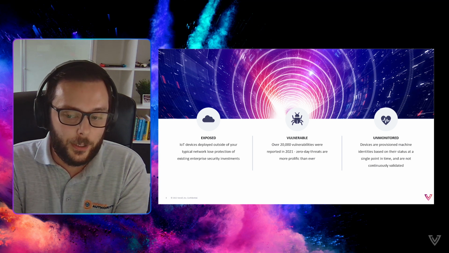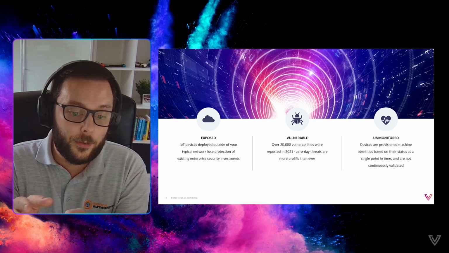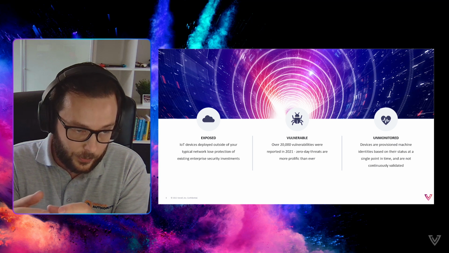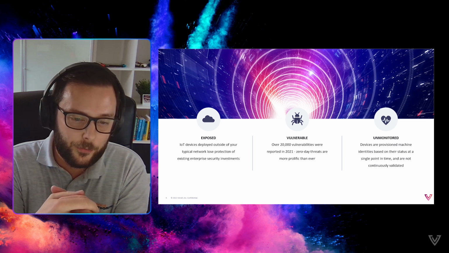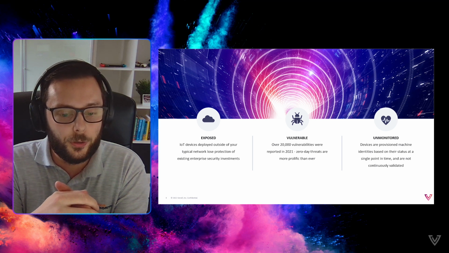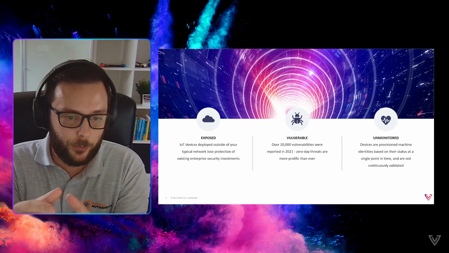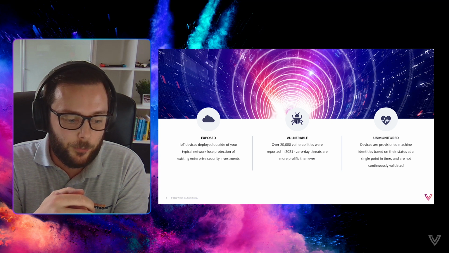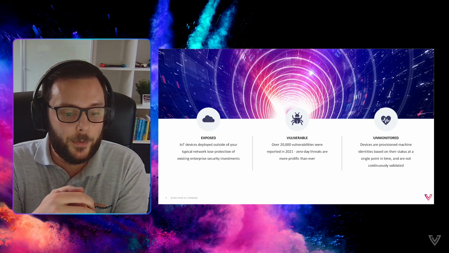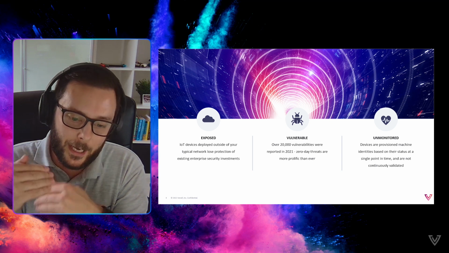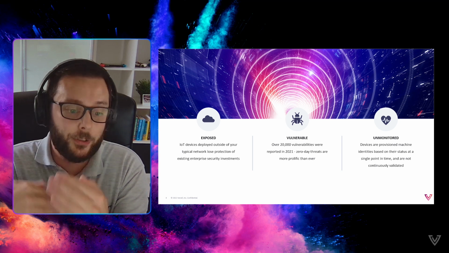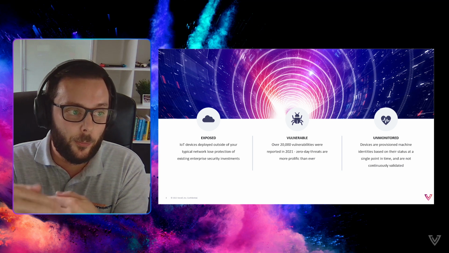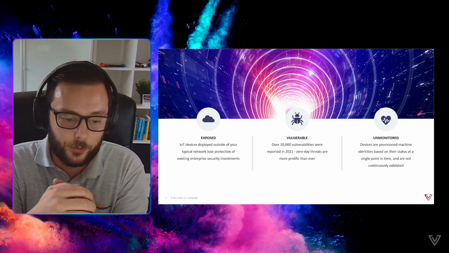And to my last point here, these devices can be unmonitored, and I'm not necessarily talking about monitoring the data plane for these entities. Of course, you can typically do that with any IoT platform. I'm really talking about taking a step back and monitoring the actual device itself after its initial enrollment, onboarding and machine identity provisioning.